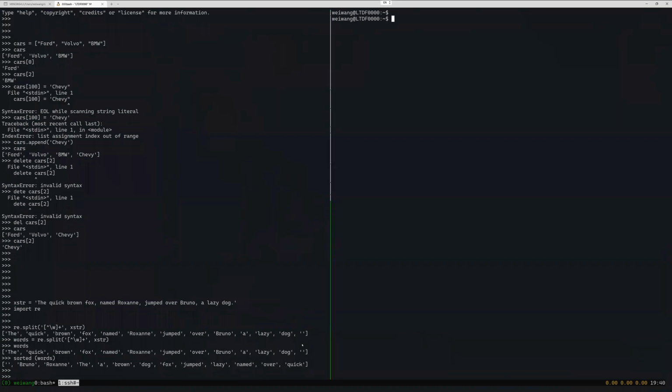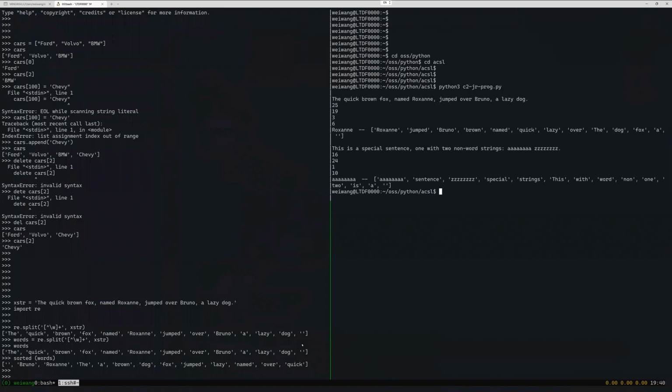Okay. Why is it ACSL? Okay, if I run this program, right? This is C2, I think. Yeah. As you can see, this is how that is sorted now, in my sorted function. So it's going to be the length first, and then by their